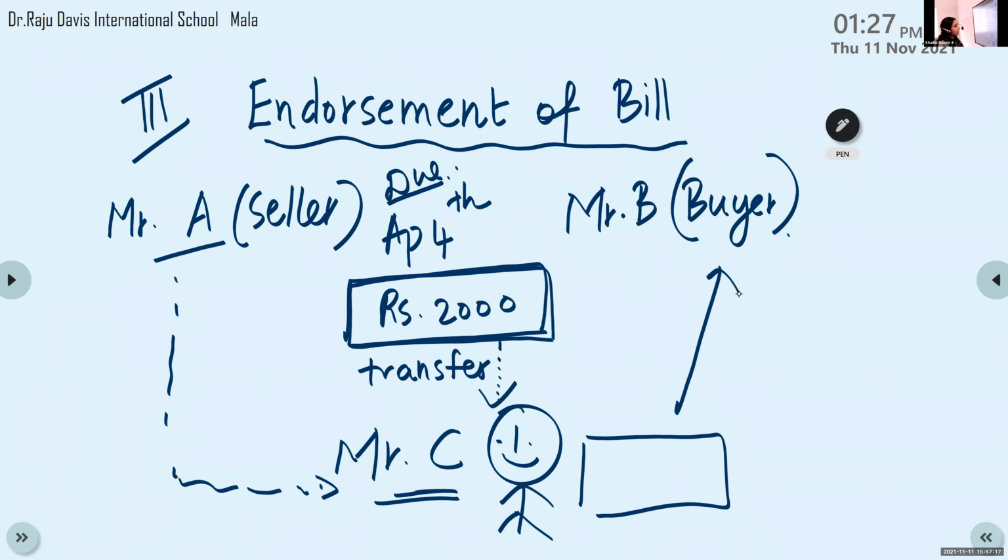And there is another person, Mr. C. A should make payment to C. So Mr. A is transferring this particular bill to C. Anyway, A should be making payment to C. So A will transfer the same bill to C